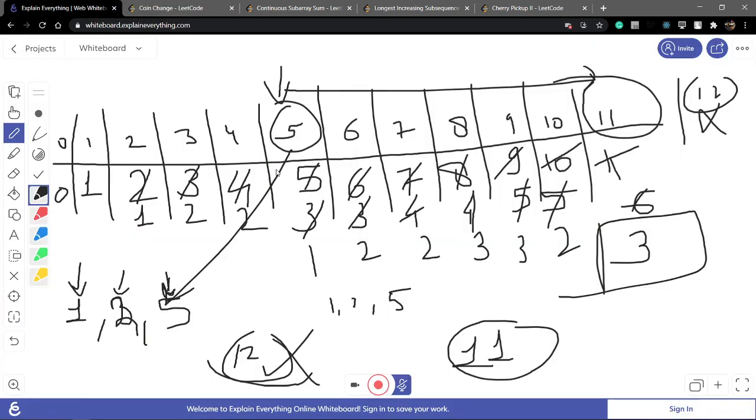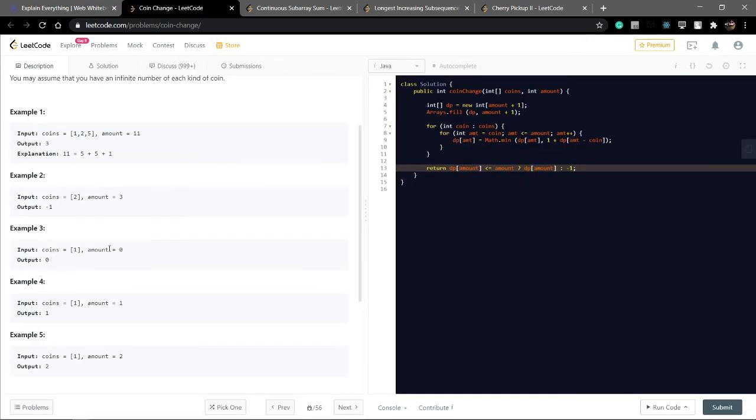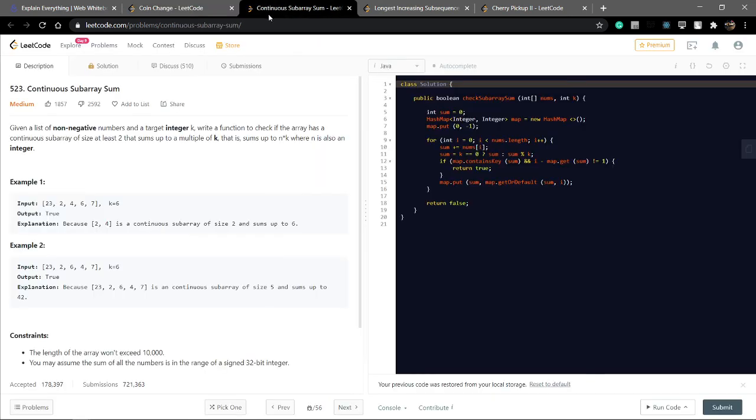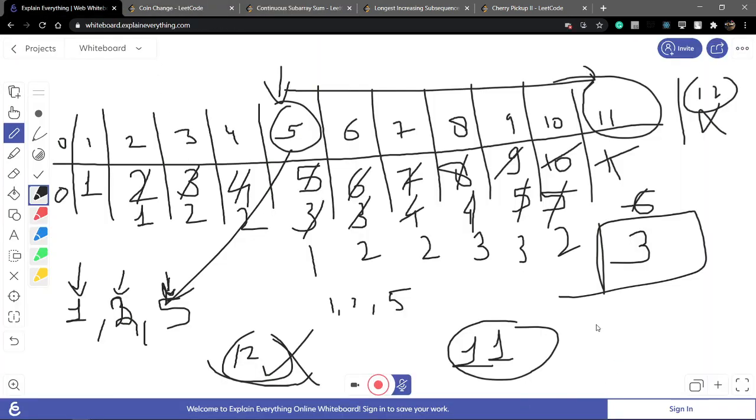Why? Let's take another example to understand this thing. Coins 2 or 3, so you make amounts 0 1 2 3 up to 4. Coin is 2, so start from the 2, dp of 2 minus 2 is dp of 0, 0 plus 1, minimum is 1. By default, all values are filled with 4, that is amount plus 1.